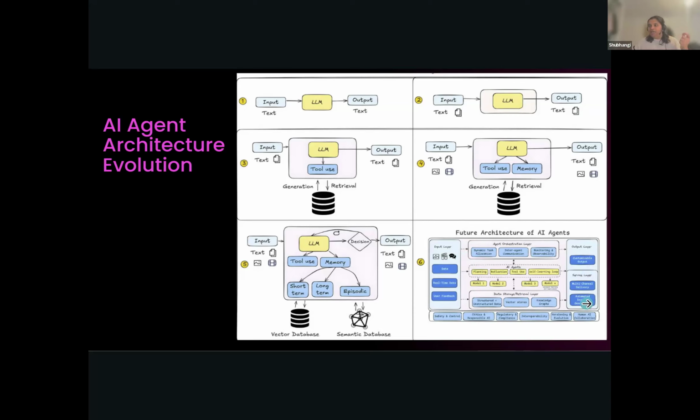There's a service layer on the right which is about multi-channel delivery, so the output is not given on just one single platform, it can come across multiple platforms. On the bottom layer there is a data governance pipeline, which is around safety and control, ethics, and the fact that the data has to pass through some sort of governance layers. So this is where things are right now.